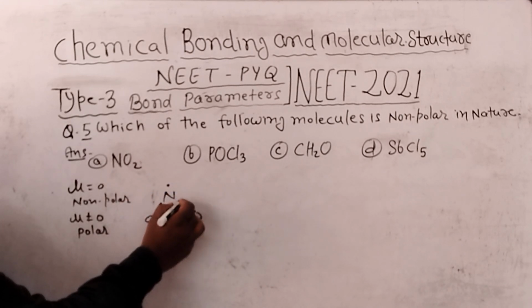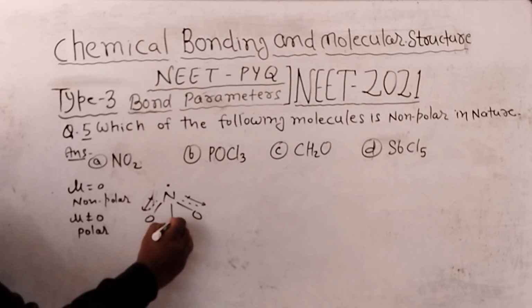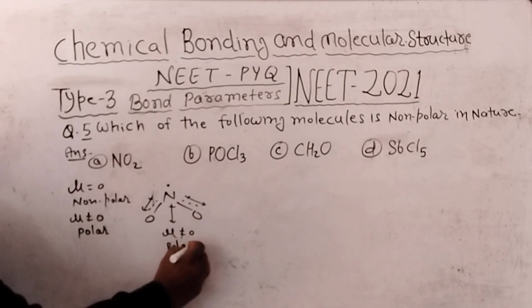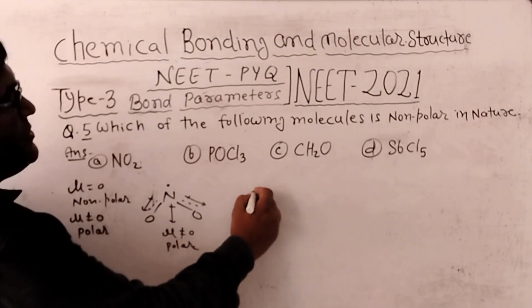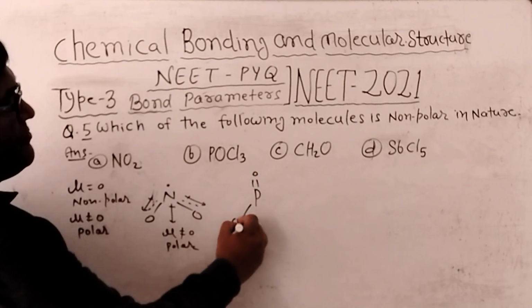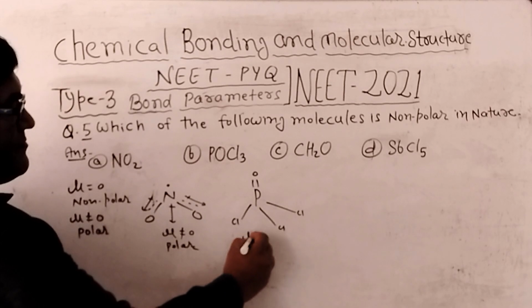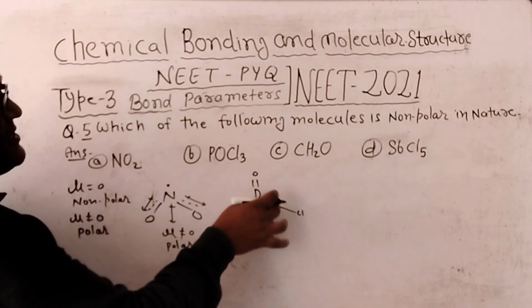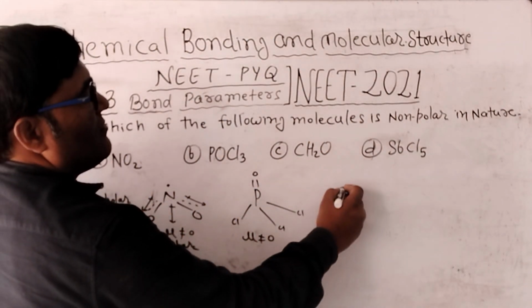NO2, the direction of dipole is positive to negative, here mu is not equal to 0, this is a polar compound or polar molecule. Now in case of POCl3, here mu is not equal to 0 once again, because of the unsymmetrical distribution of atoms present around the central atom phosphorus. Okay. Once again, in case of